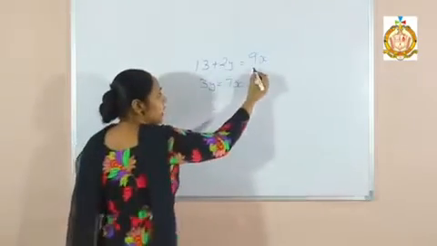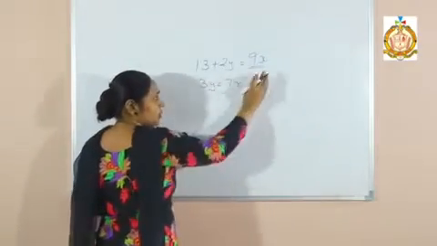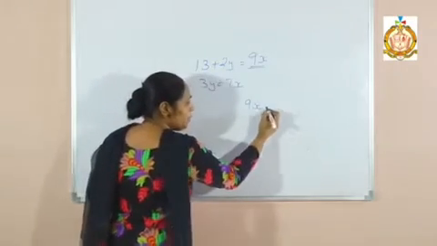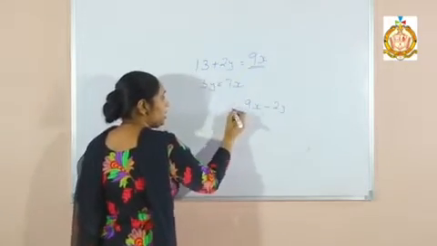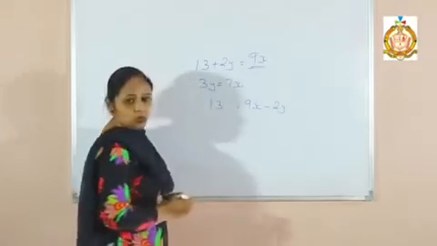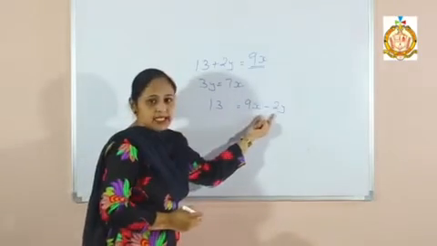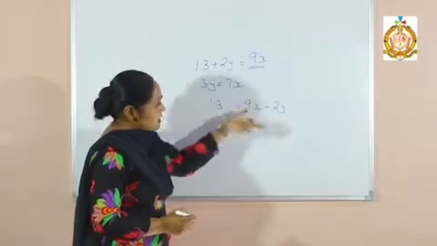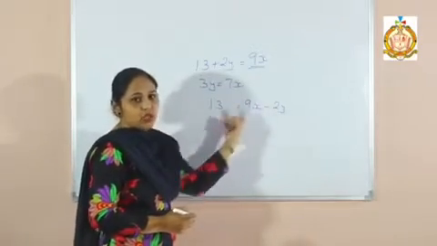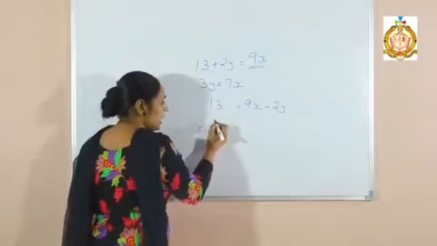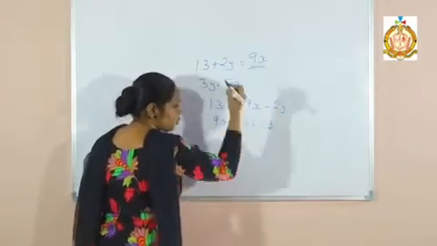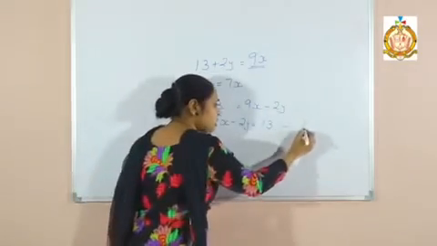How to arrange? I take 9x as first. This side I take 9x. Variable go to that side become 2y, and there is only 13. Now constant should be on that side and variables should be on this side. What to do? Exchange them. No need to change the sign of all. That means this 9x as it is, 2y as it is, and 13 also as it is. It becomes my first statement.